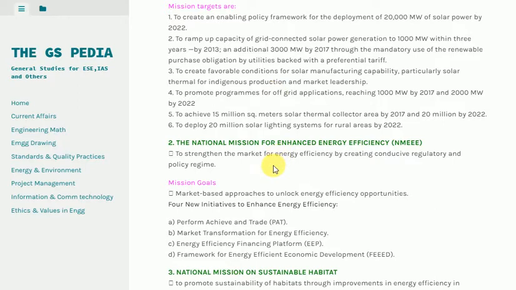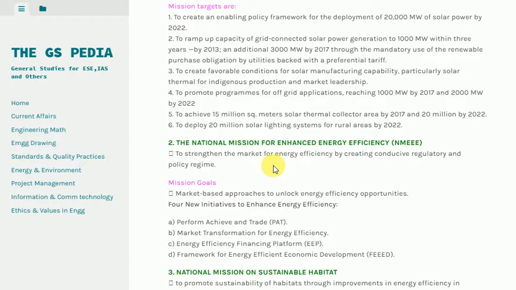3. To create favorable conditions for solar manufacturing capability, particularly solar thermal, for indigenous production and market leadership. 4. To promote programs for off-grid applications, reaching 1,000 MW by 2017 and 2,000 MW by